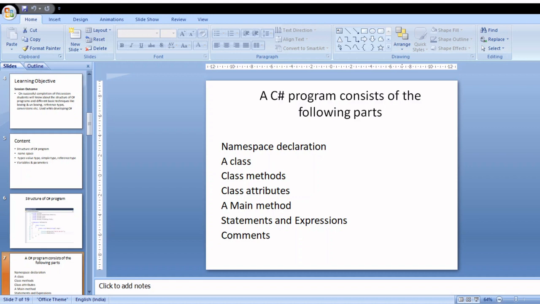That's why you are making use of the namespace using System. That means the predefined class called System contains predefined functions like Console.WriteLine and ReadKey. This WriteLine method is a part of the class Console. Console is again a part of the class System.